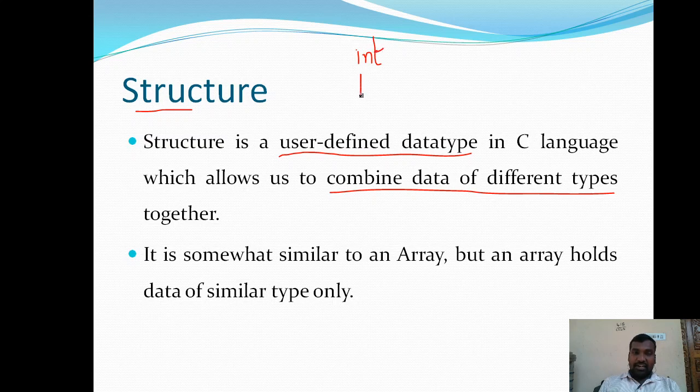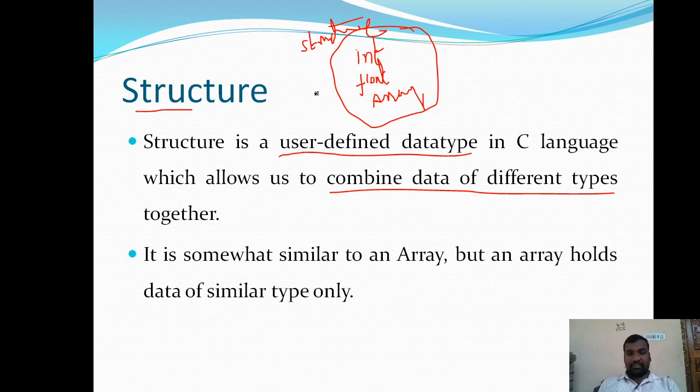That new data type may include integer type, float type, or some array type. For example, we can combine integer, float, and arrays together to form a new type of data. That new type of data is a structure.